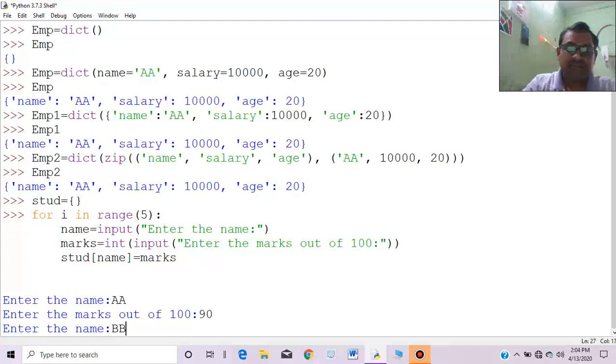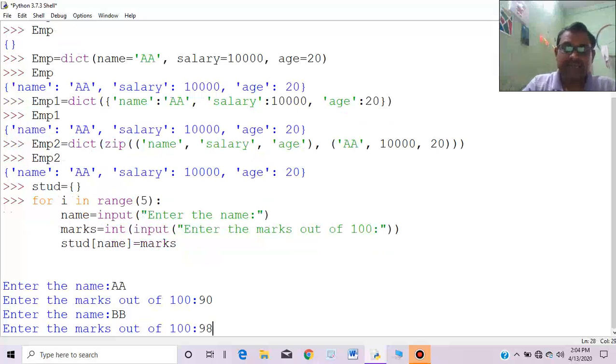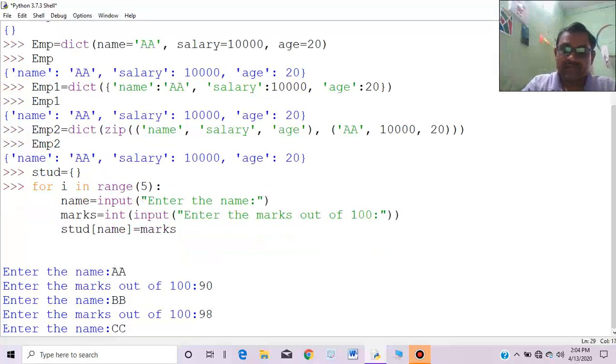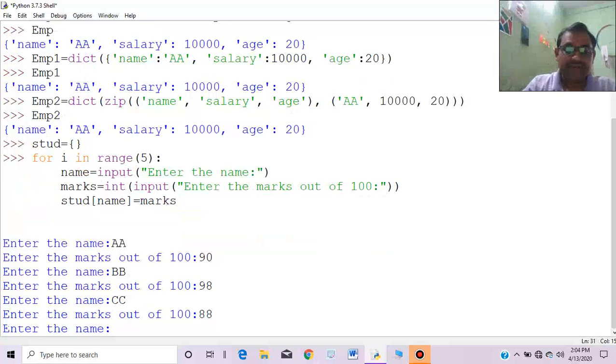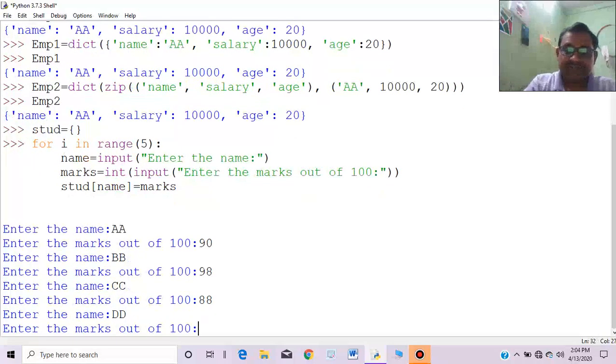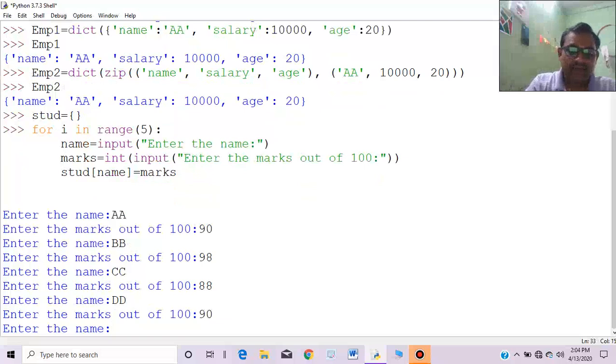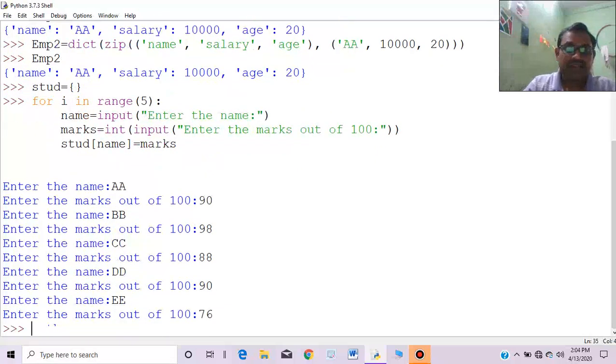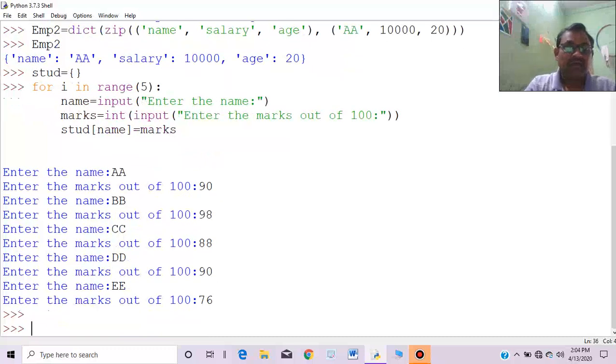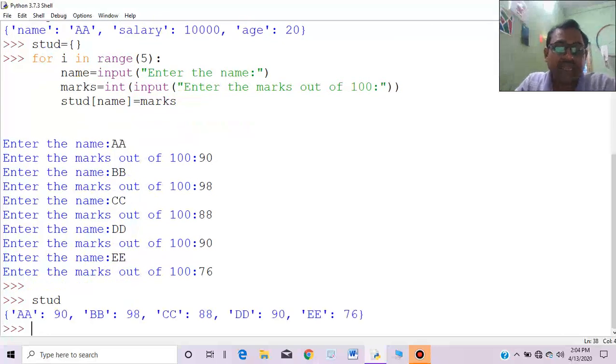Second is bb 98, okay, cc 88, dd 90, and ee marks are 76. Now, for the sake of displaying the values entered and stored in interactive mode, there is no need to write a print statement.